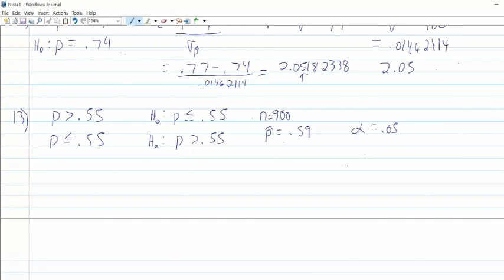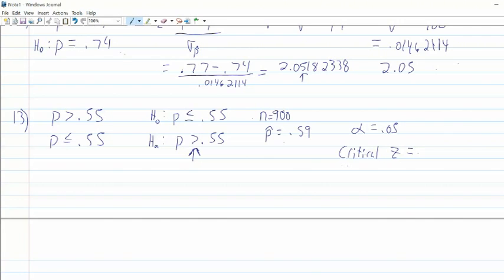Remember, we look at the symbol that's in the alternate hypothesis to tell us if it's one-tailed or two-tailed, and also if the symbol doesn't have equality. So this is greater than, so this is a one-tailed with greater than. So you need to go to around page 484, look for those tables, and choose your correct table. That will give you your critical value. I mean, you could do that really quick if you just go to around page 44. You can find your critical z value